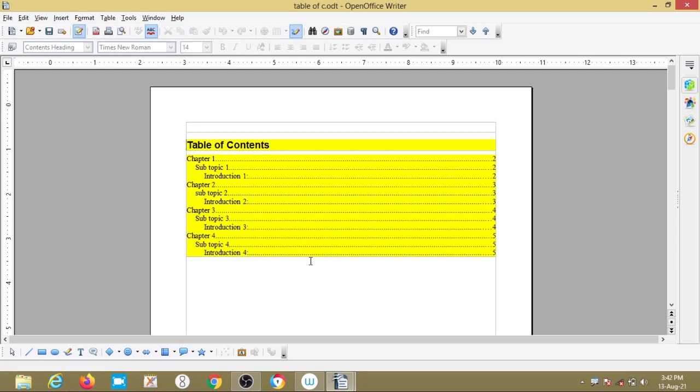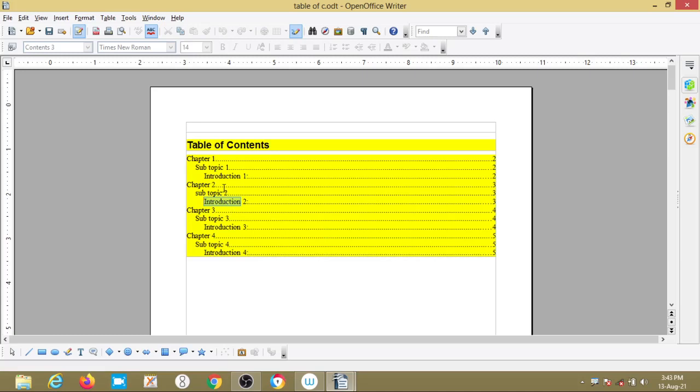So, next we will move on to select and delete. Okay. Here see, this is my table of index, right. So, what I am doing here, I am selecting this introduction, right. If I press the delete key, it will not delete, okay. Why? Because manually I do not want this, I want to change the things. In chapter 2 there is an introduction 2, no. So, I do not want that. So, then what I will do, selecting the introduction, delete.